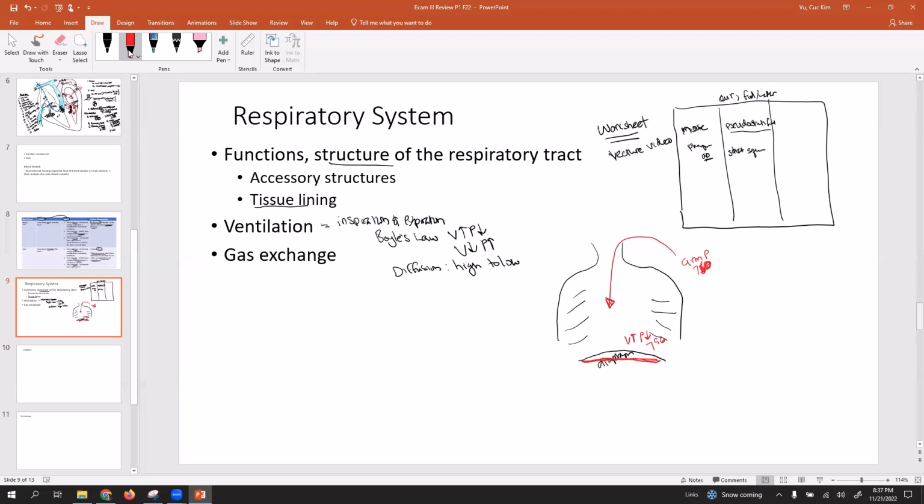Okay, so a few students said that the air comes in and expands your lungs. And that's not what happens. It's actually your lungs expanding that sucks the air in. Okay. And then if it did the other way,